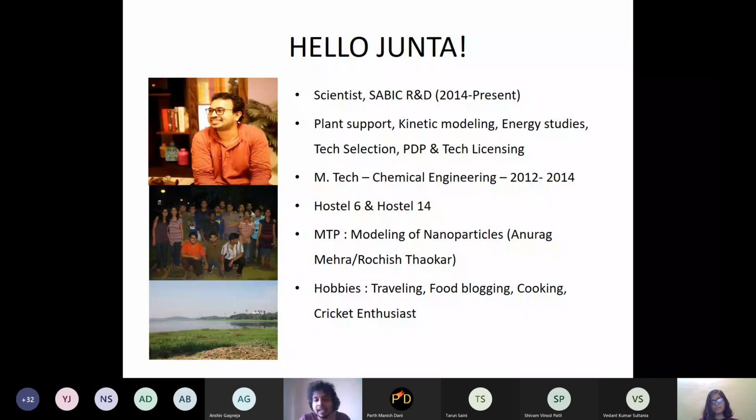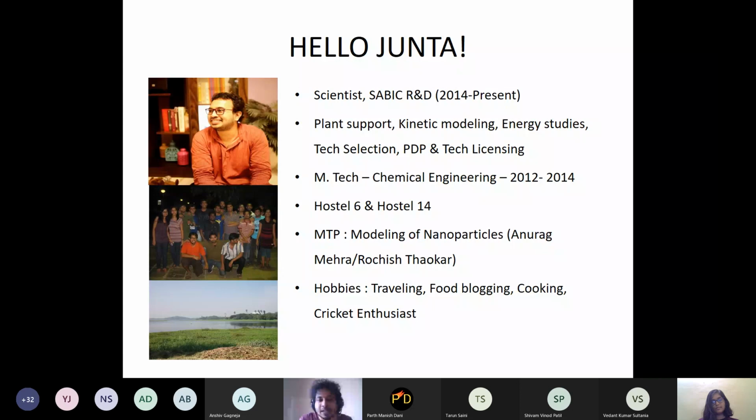And as you can see, from the bottom to top, I was in the world of nanoparticles. From there, I went back to the world of kilometers and all this. This was quite a journey for me, and in this process, I evolved myself also. My hobbies: I'm a passionate food blogger. I love traveling, I love cooking, and I'm a sports enthusiast. So these are a couple of memories I posted here for our batch, the IITP memories I had with me when I left the campus.